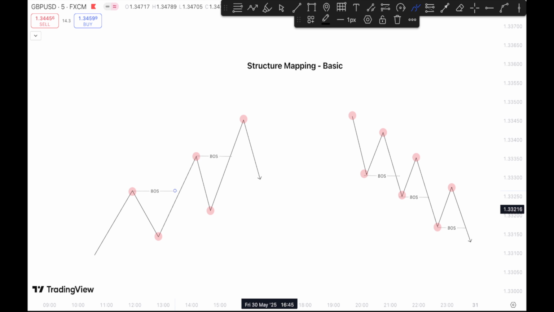For example, we have inducement, which I will be explaining later in this video, and this is the first part. I don't want to complicate it so much, and I will make it short and sweet for you to understand. In this video we will be looking at inducement, valid break of structure and change of character, where inducement is change of character and where change of character is inducement. By the way, both are same, but we have to figure out where it is formed